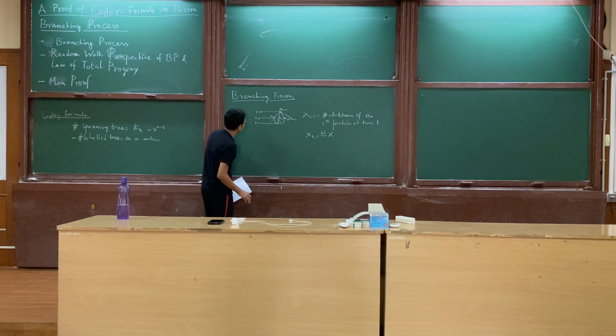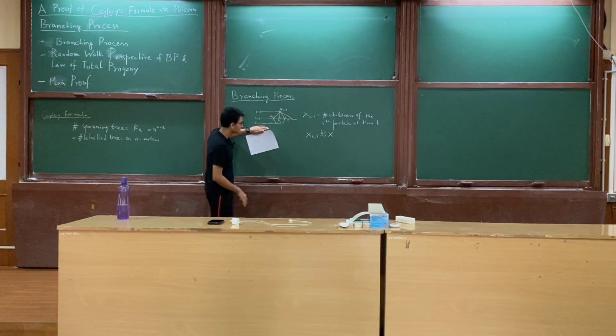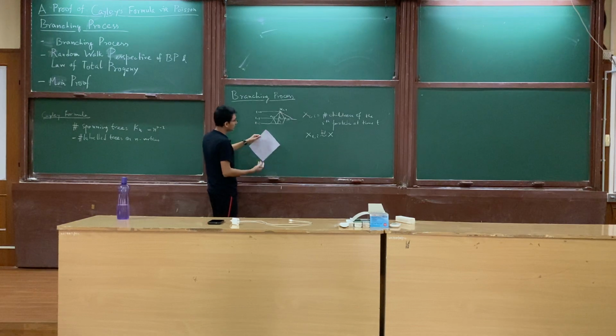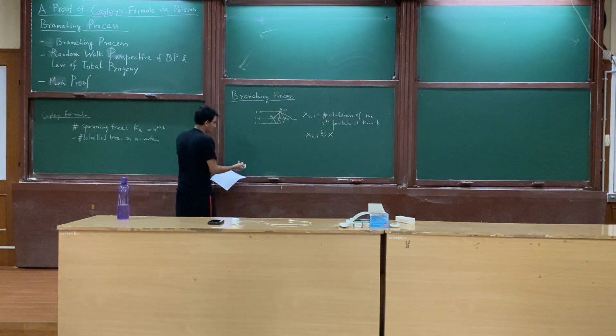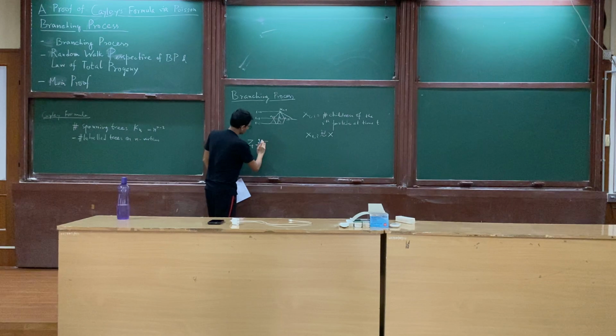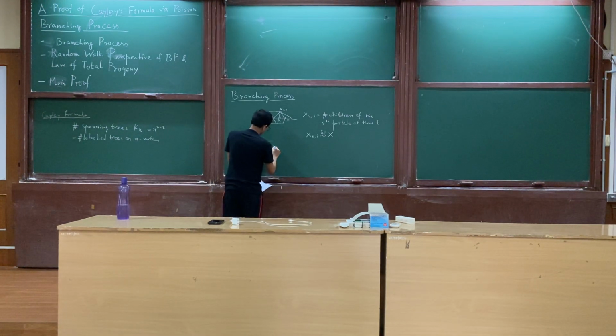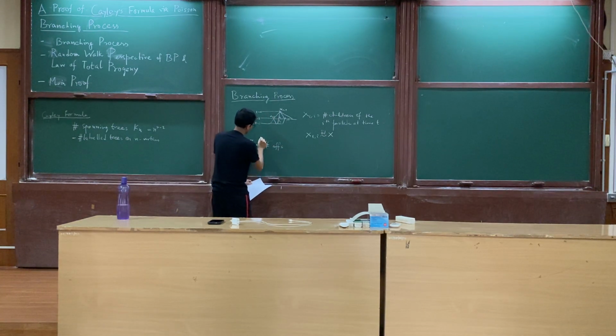Now what we want to ask first is: does this population survive forever, or does it get extinct? And what is the chance it gets extinct or survives forever? So let's define Z_t to be the total number of offspring